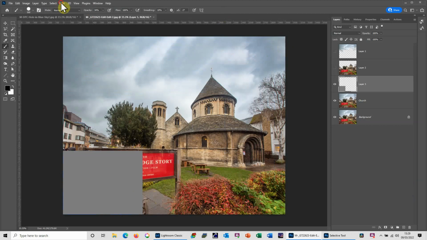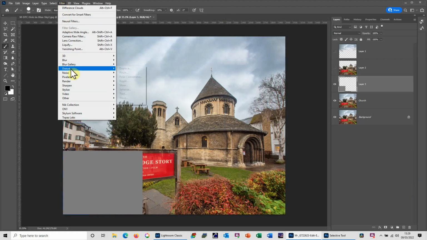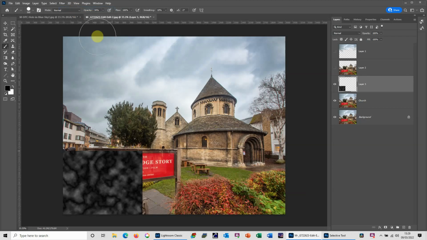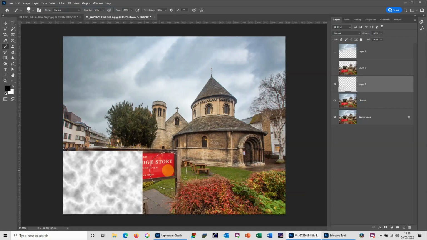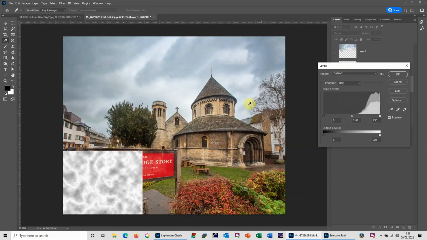Now go Filter, Render. Oh, by the way, you see that once you've done this, it will remember the last thing you did. So in actual fact, Difference Clouds is up here. Control Alt F. So we'll click on that one. And again, it's done the lightning bolts. So again, we need to flip it. So Control and I or Command I to turn it to white and black, and then Control L, just like before,